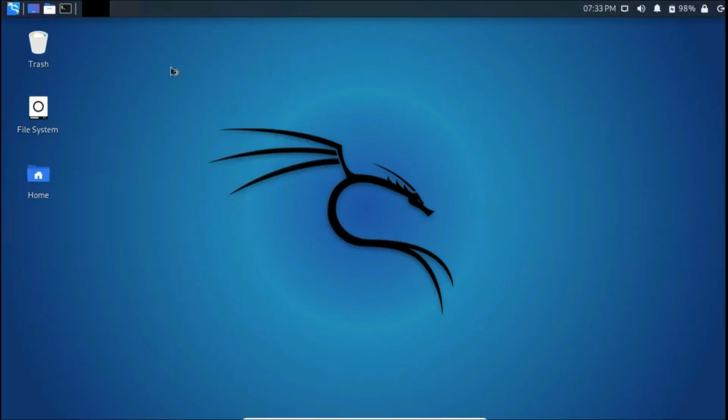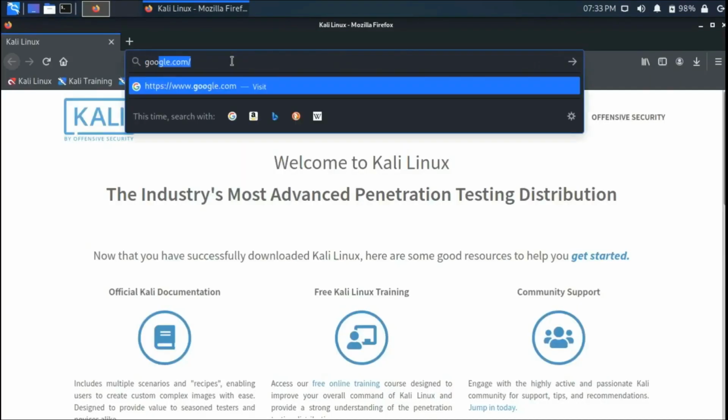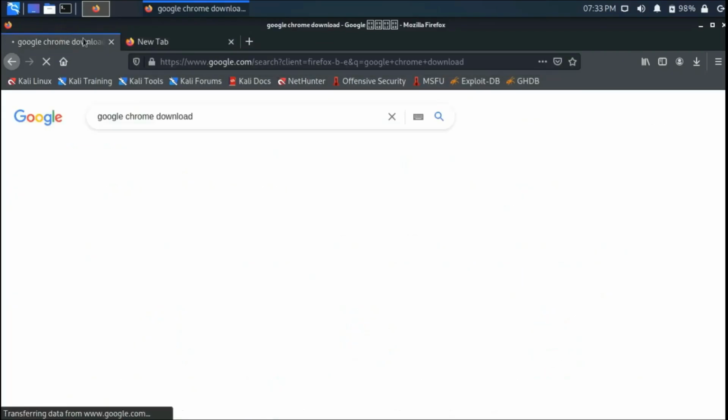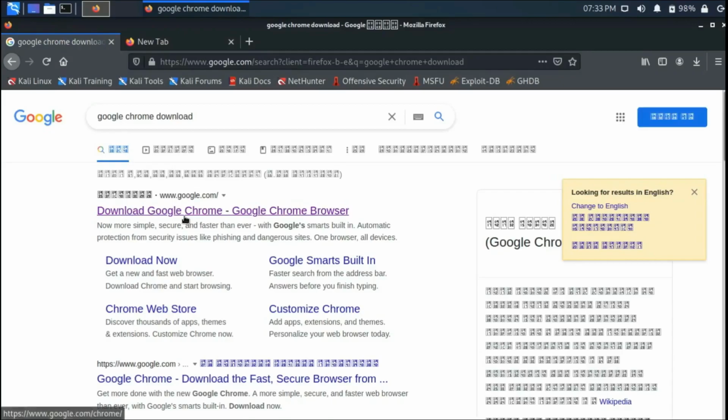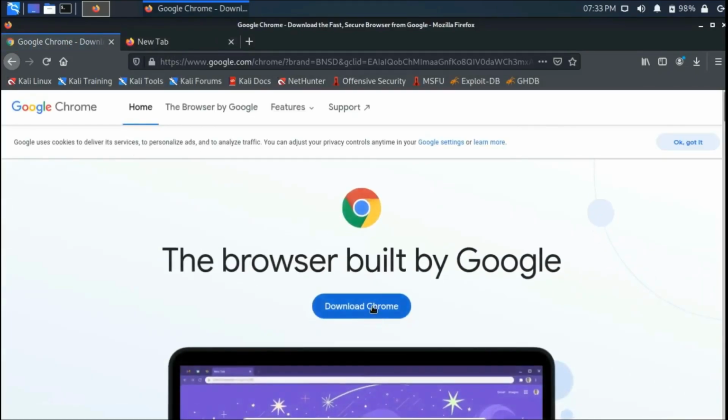Just open Firefox and search for Google Chrome download. And now click the first link, which is the official link of Google. And now click on download Chrome,